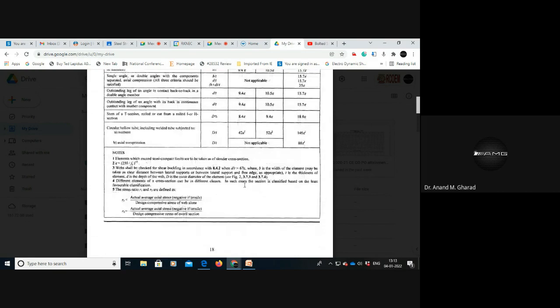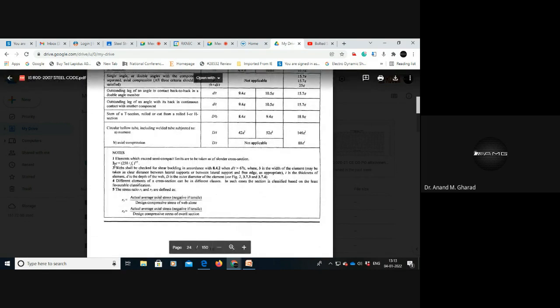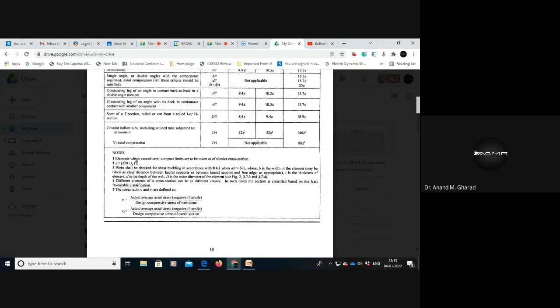What does epsilon mean? Epsilon is nothing but under root of 250 divided by Fy. Fy is nothing but the yield stress, and most of the time yield stress value is 250. So this value of epsilon, most of the times it is 1. Okay,